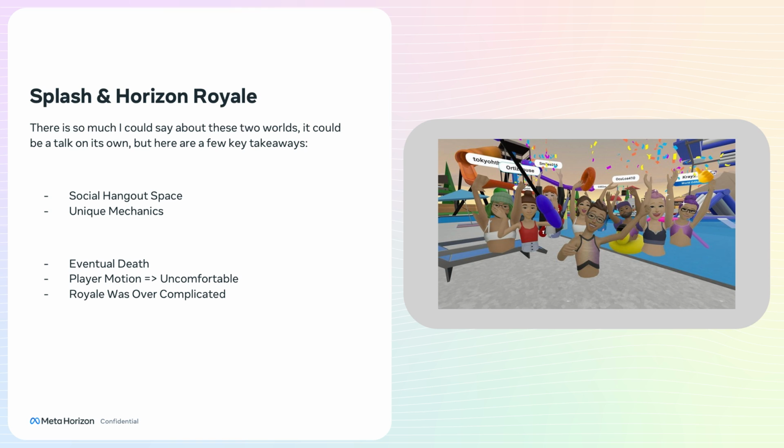And Splash had tons of hangout spots. There were lots of places. You have the DJ booth, there's a little fire pit in the back, and lots of places you can hang out and just chat with people, and lots of little activities. Each of these activities was really small. They didn't have to be massive game loops. They could just be, hey, I'm going down the water slide, or I'm going to go do the obstacle course, or I'm going to sit at the fire and smoke a marshmallow. That's not how you say that. Roast a marshmallow, excuse me.